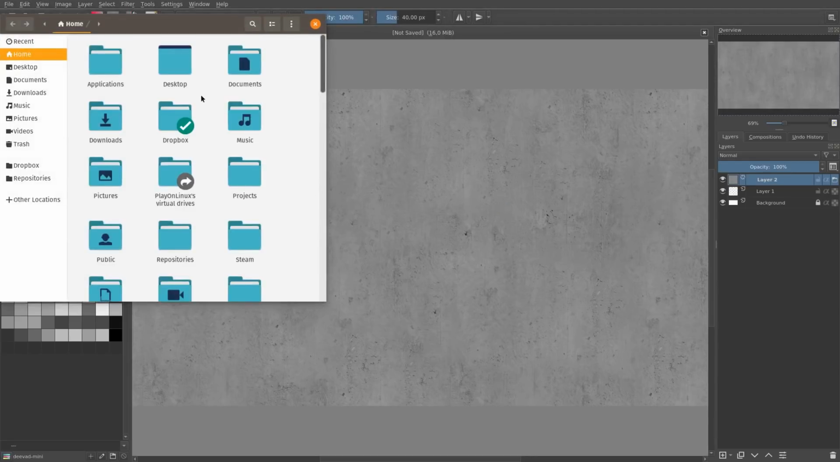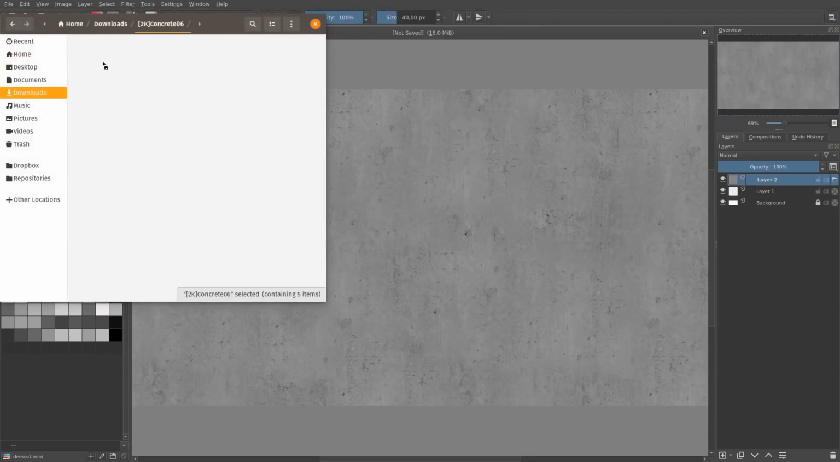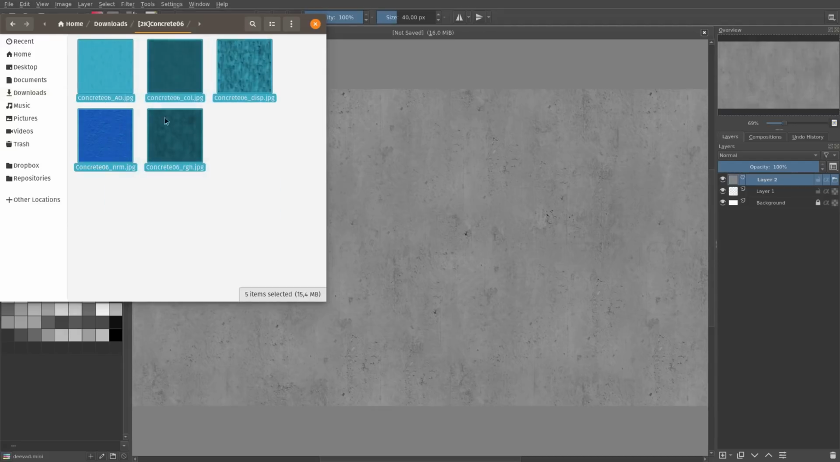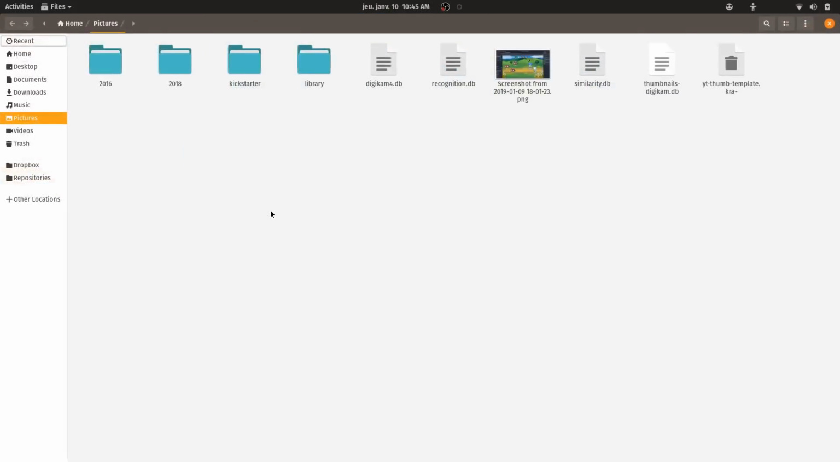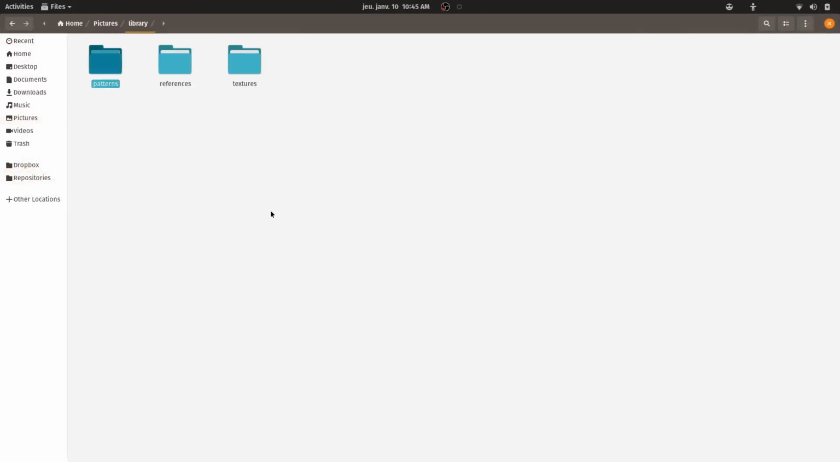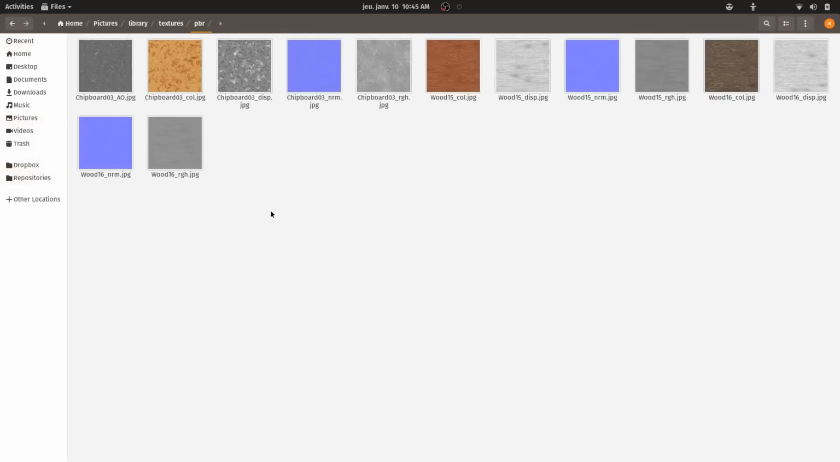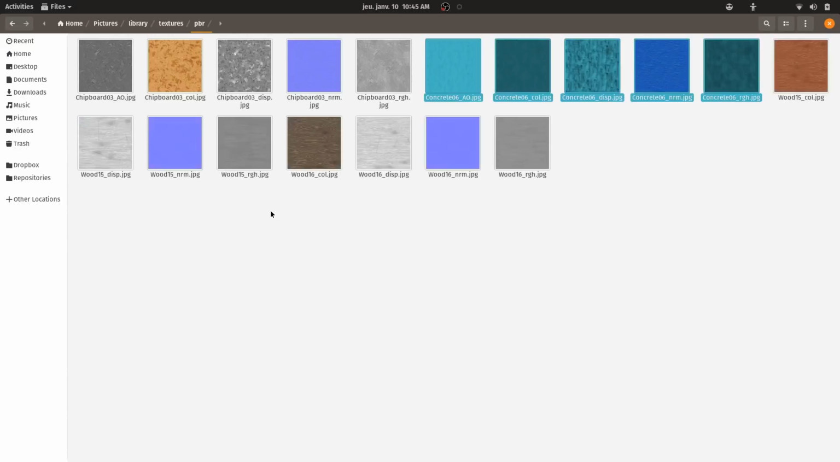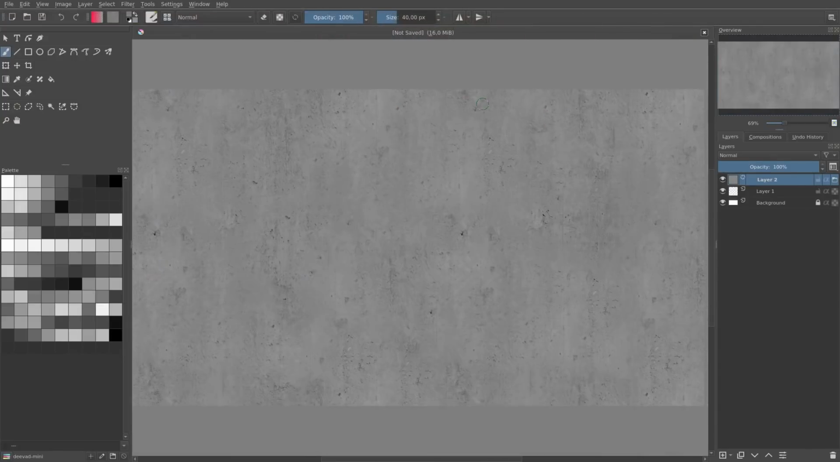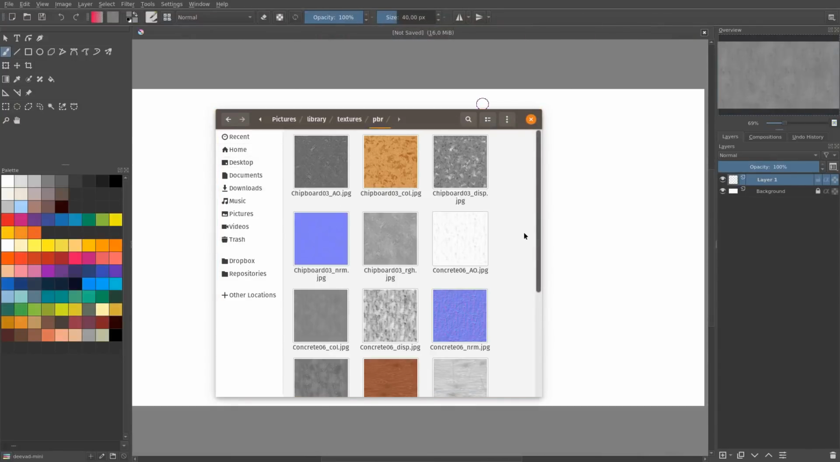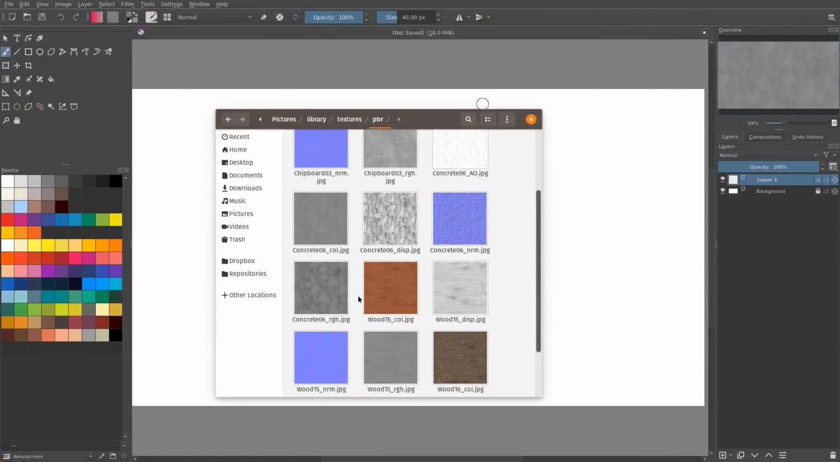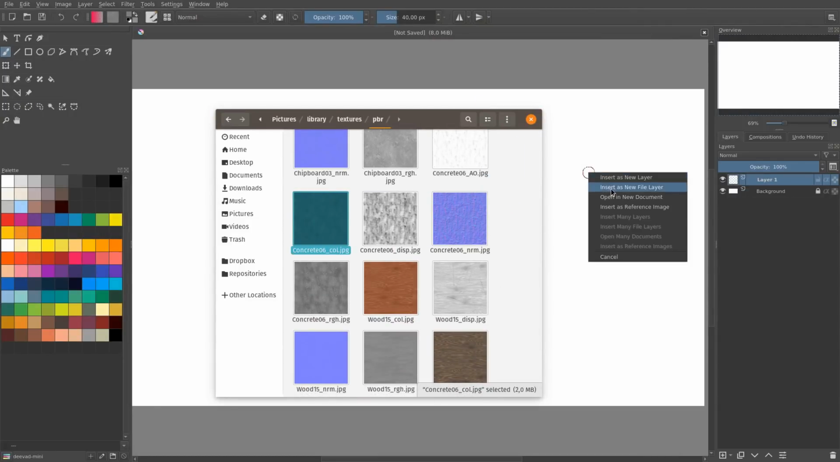So one thing that you can do is go to your texture here. So I'm going to copy my concrete textures, and then I'm going to open my pictures folder where I have a library of all the textures that I use. So I have a texture folder, PBR, and everything PBR from CC0 Textures is stored here. So I'm going to paste the textures and then redo the operation in Krita. I'm going to delete that layer and drag and drop my concrete color there and insert as a new file